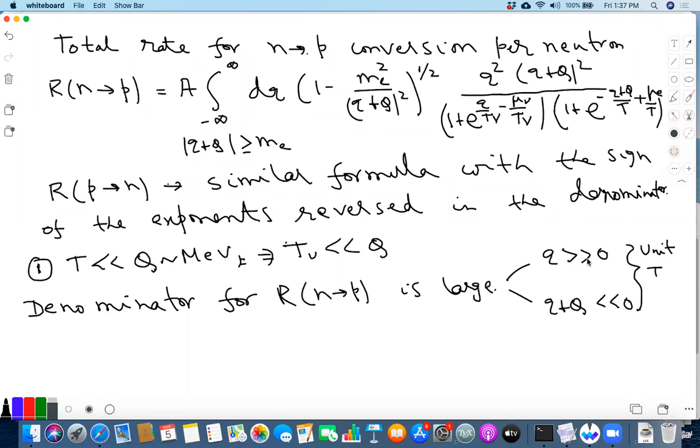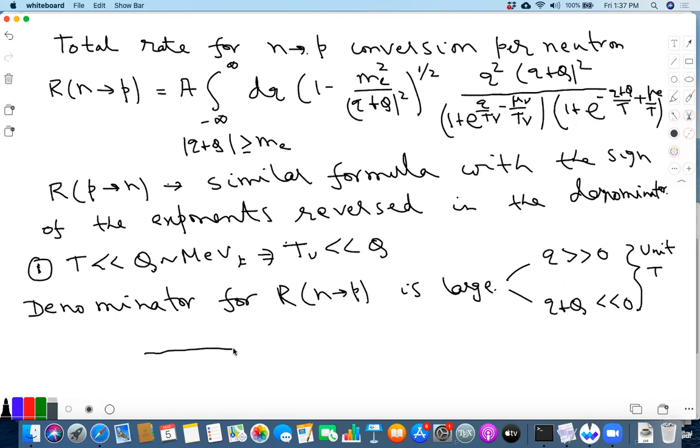So when I say q much larger than 0, that means if q is a large multiple of T, then the denominator is suppressed. T and T nu are of the same order, so I'm not distinguishing at this stage. And this is saying that when minus of Q plus q is a large multiple of T, then again it is suppressed because the denominator is large. So let's see what region it corresponds to in the small q space.